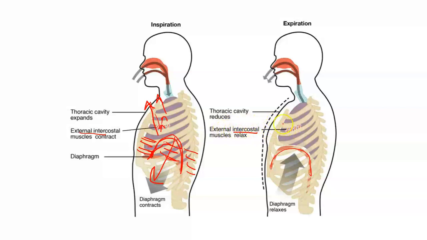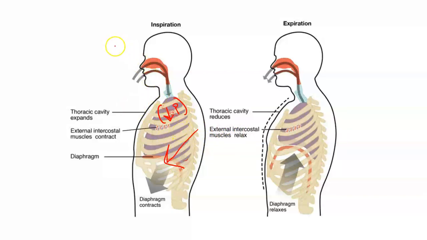The external ones will relax, and the internal ones can contract to actually pull those ribs back down and shrink the wall of the chest. And then coupled with Boyle's law, when you expand the volume, what does it do to the pressure? $1,000,000 question. It decreases the pressure. And if you decrease the pressure in here,